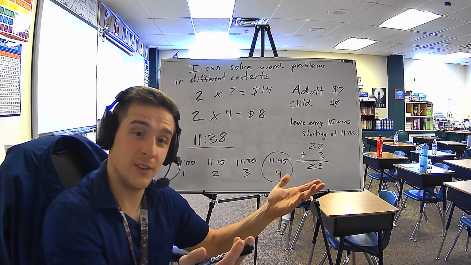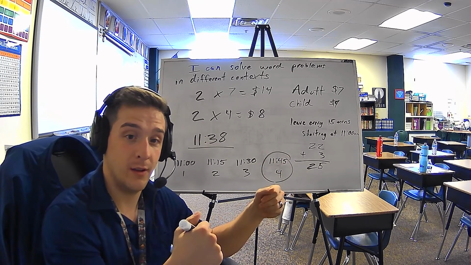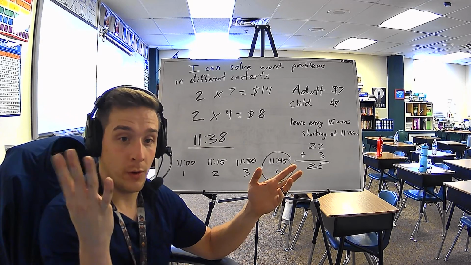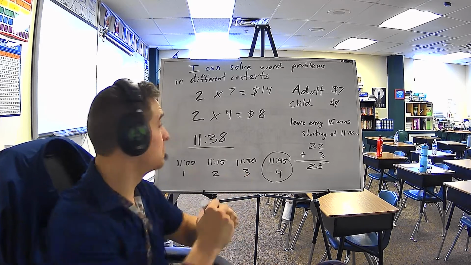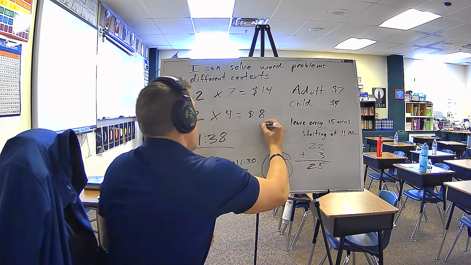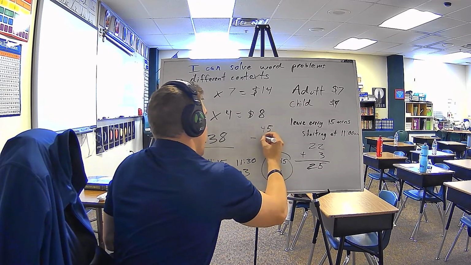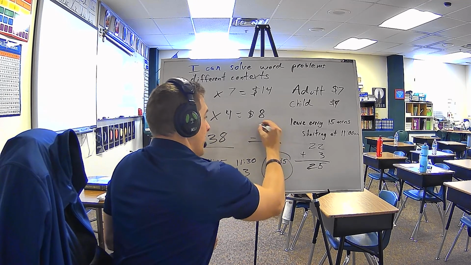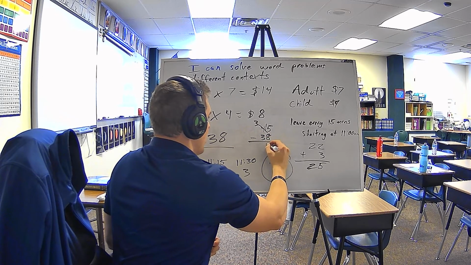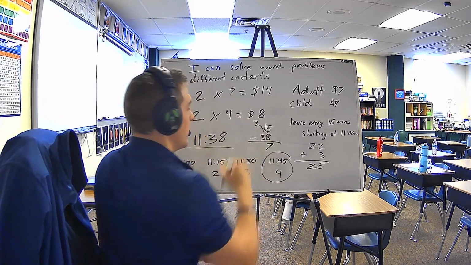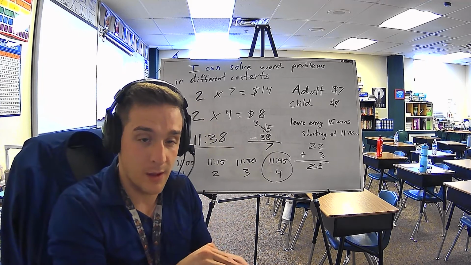Well, you just find the difference between 38 and 45. You can start at 38 and go 1, 2, 3, 4, 5, 6, 7. Or you can do what I like to do and do 45 minus 38. You will have to borrow in order to make that work, but 15 minus 8 is 7. 3 minus 3 is 0, which just leaves you with 7 minutes. So, once again,